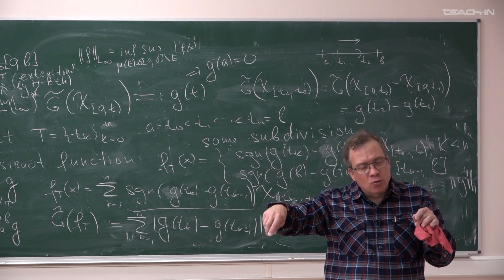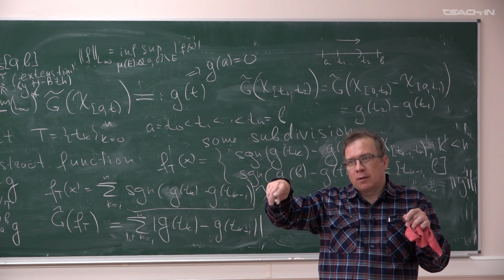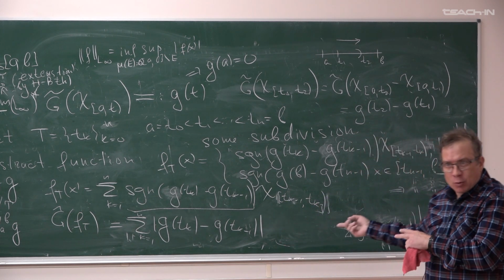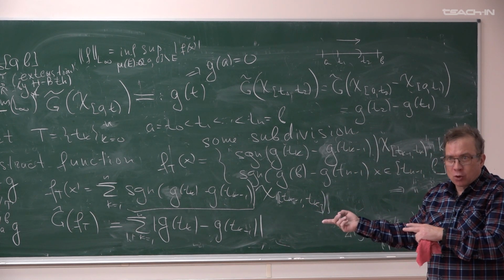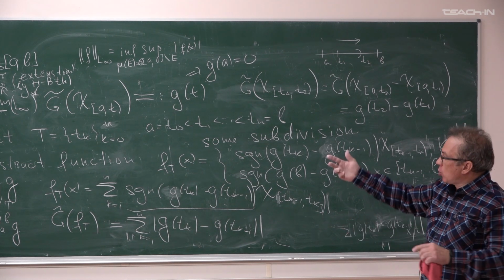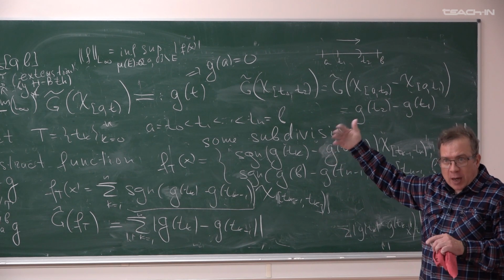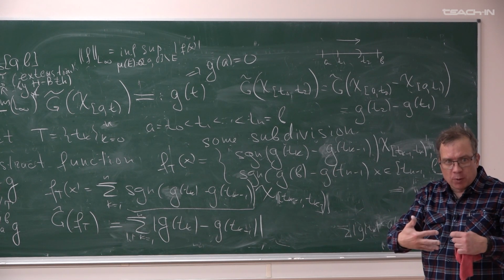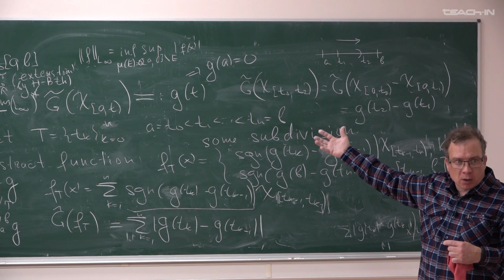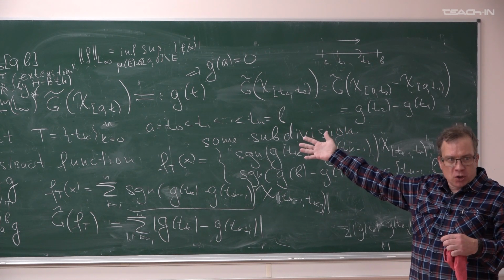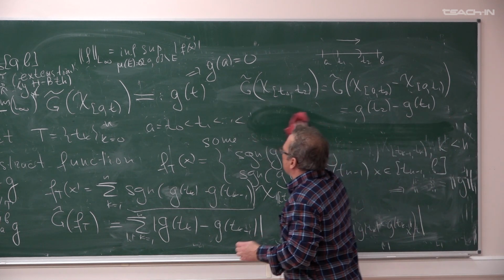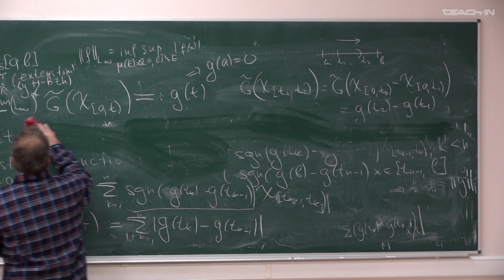But we don't show that this functional is an integral. Did we show it? We didn't. We construct only the function g, some function g of bounded variation. And we have no connection between the functional g capital and the Riemann-Stieltjes type integral with the function g small. But it is not a difficult problem because